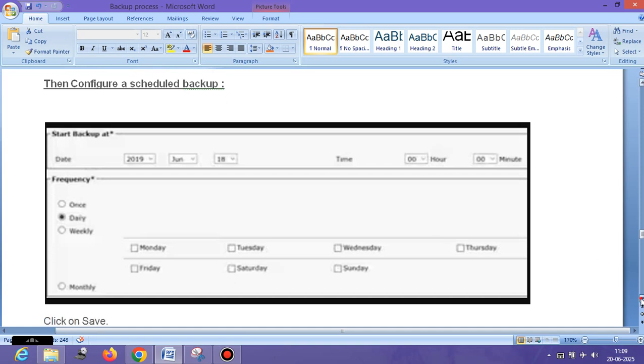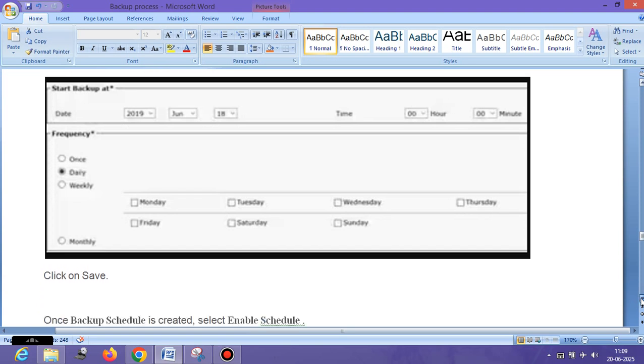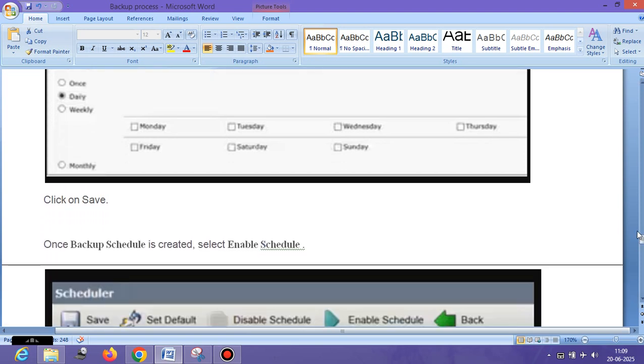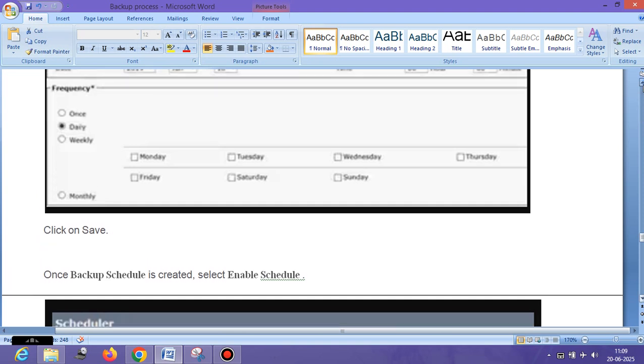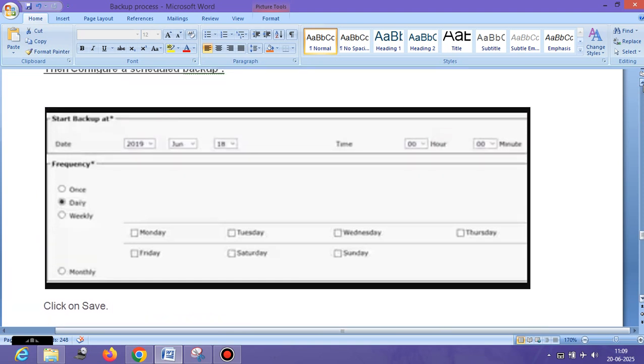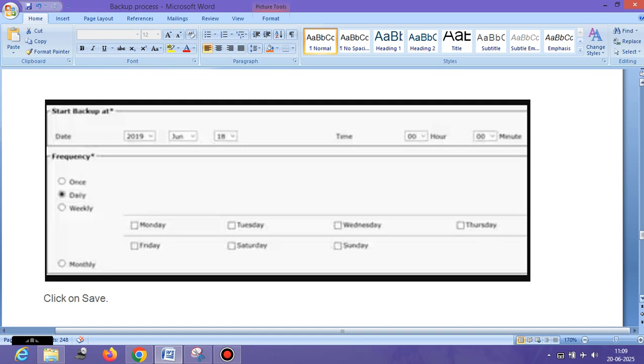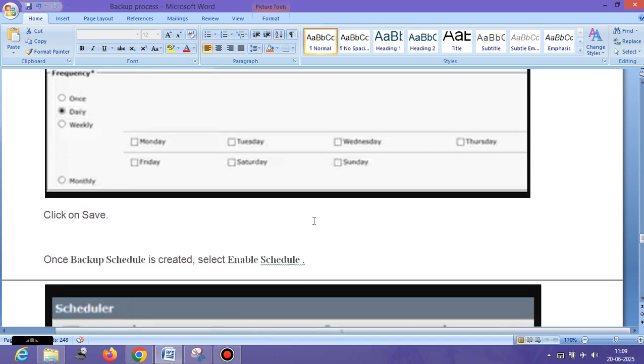right? So for example, if your CUCM cluster is in US and your backup is happening somewhere in Australia, right? So I would suggest to schedule those types of backups in the after business hours, so that it will not impact any other production traffic. And once you click on the save, right, your backup schedule is configured,